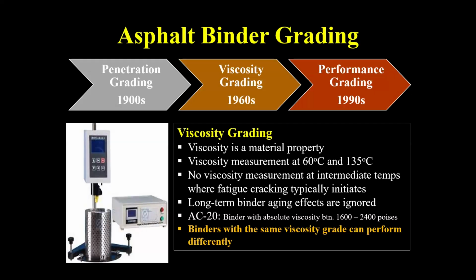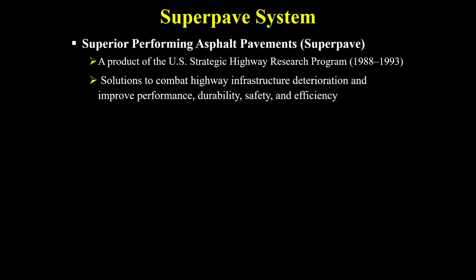And another key thing is that with viscosity grading of bitumen, we can have binders that will have the same viscosity grade, and yet they can perform differently. And so with these shortcomings, the pavement community tried to do a lot of research to come up with a more robust asphalt grading system, and one that we know of is the superior performing asphalt pavement, commonly called SuperPave,